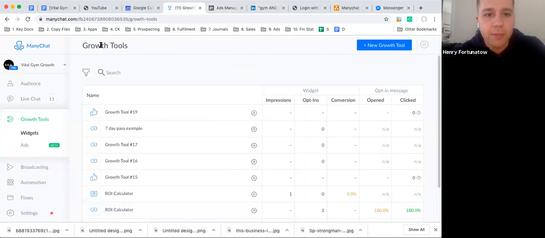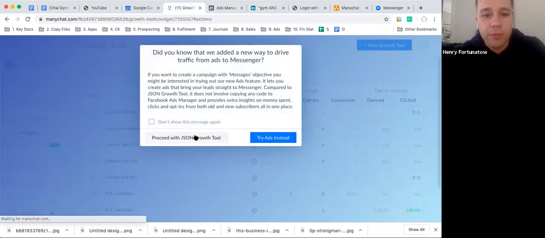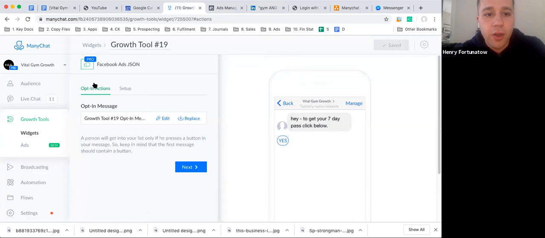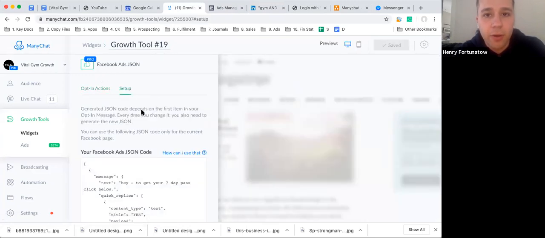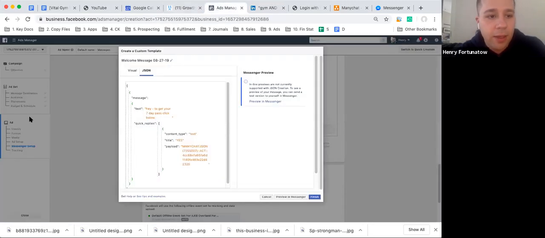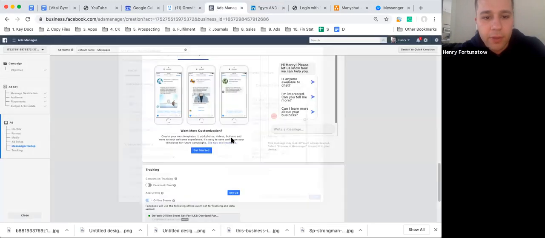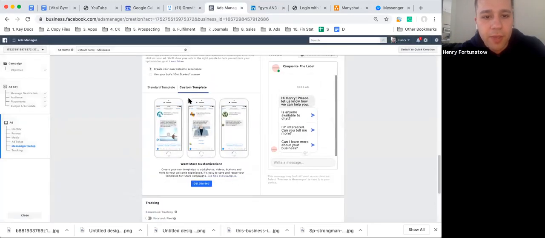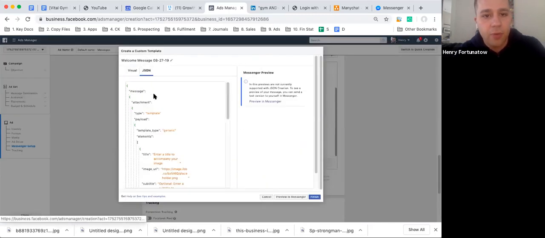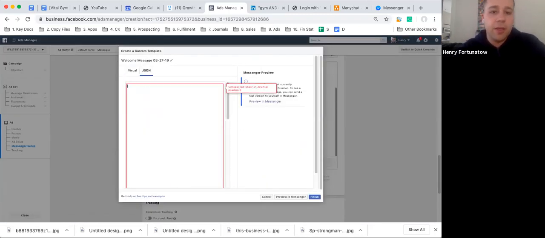So I'll just backtrack here. Go to the growth tool that we set up, which is the JSON. Proceed with JSON growth tool. You go to setup, copy the code, Ads Manager, ad level, messenger setup. And you want to go down to messenger setup. You click custom template, get started, go into the JSON level, get rid of the existing code, copy and paste,